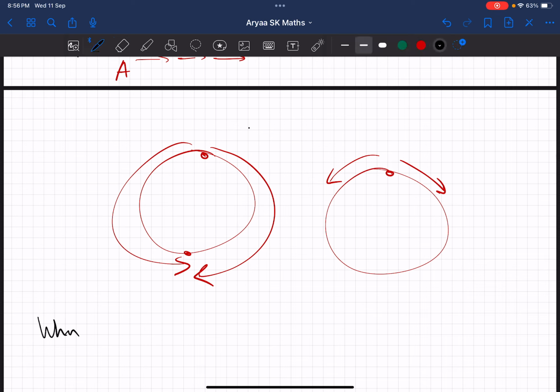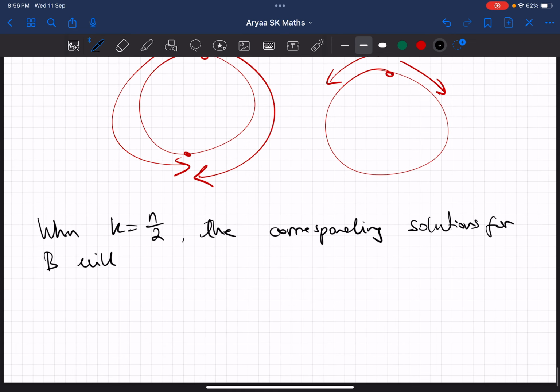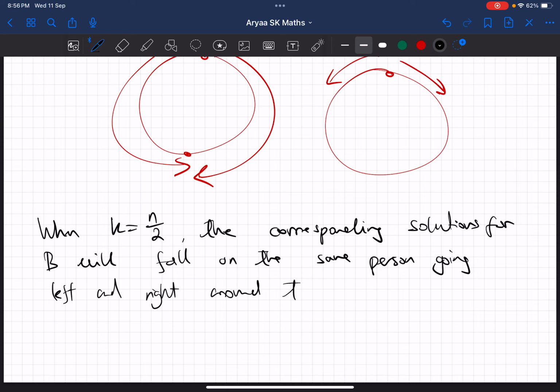When k equals n over 2, the corresponding solutions for b will fall on the same person going left and right around the circle. Hopefully that makes sense, because